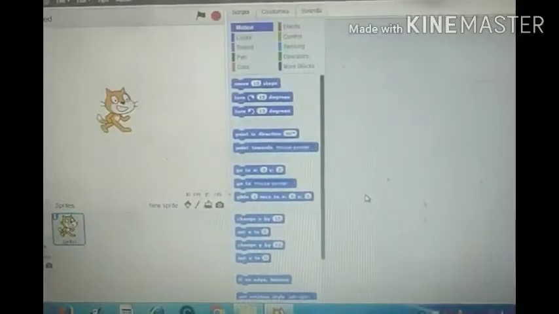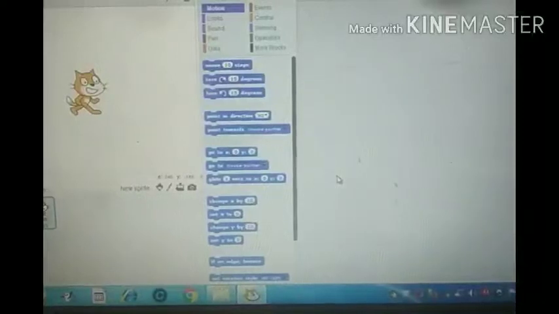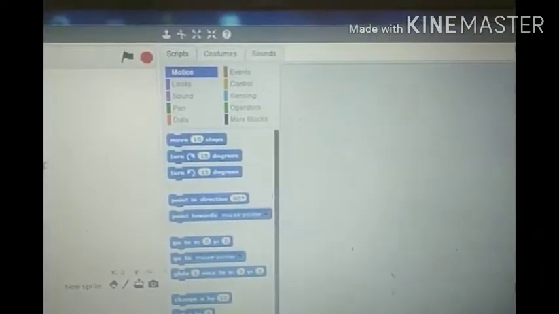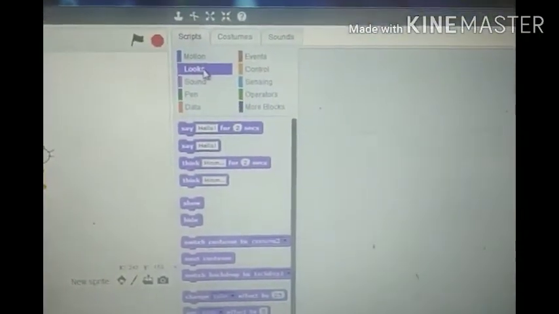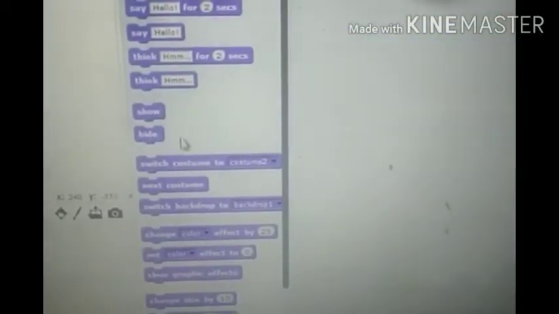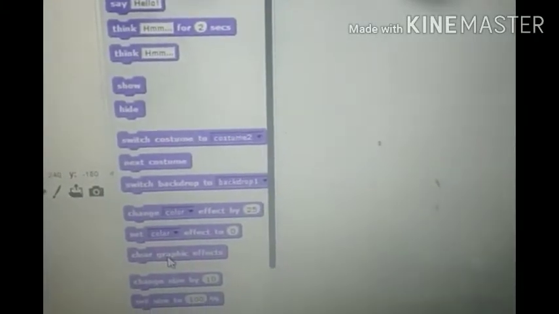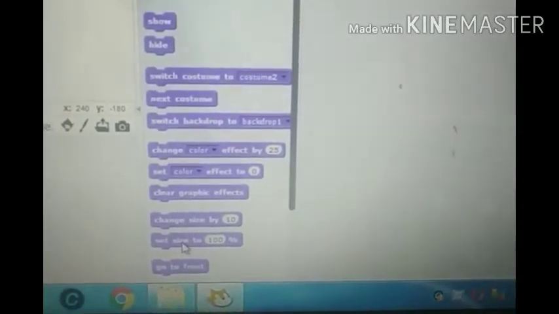Number one, changing its size. To change the size of our sprite while our project is running, you can use these block commands of the looks category. Clicking on looks, go through the script options, and set and change with the option set size to.